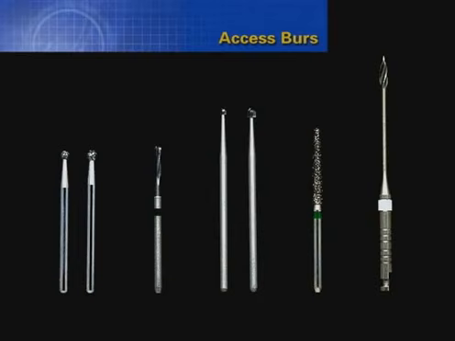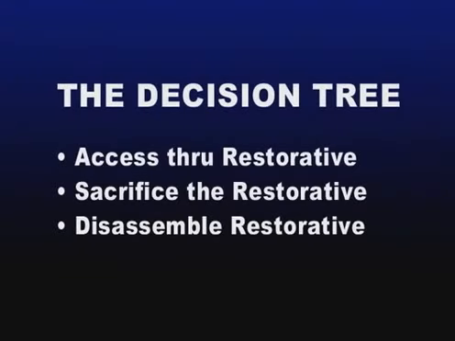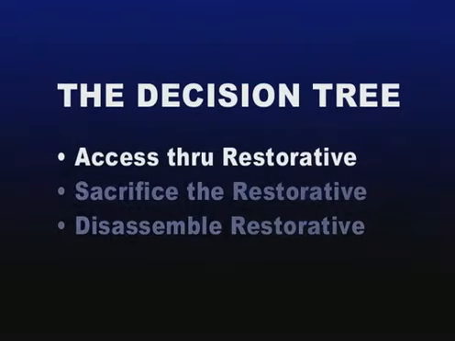As in all endodontic retreatment situations, the clinician should have a variety of rotary cutting tools that will be helpful in dealing with crowns, bridges, and completing straight line access. When evaluating an endodontically failing tooth for non-surgical retreatment, a decision must be made whether to access through, sacrifice, or disassemble the restorative. Generally, clinicians prepare the access cavity through a restoration if it is judged to be functionally designed,